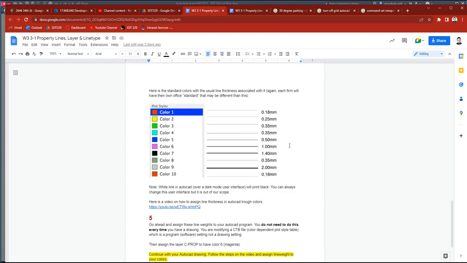When I was first learning AutoCAD, I always had this one printed and stuck on my monitor so that I know what the color assignments are. In due time, you will have this ingrained in your head that one is the thinnest, and then it just goes thicker and thicker and thicker. But again, each office has their own standards, so just be aware of what thickness each of these colors is. Okay, so going back to AutoCAD,